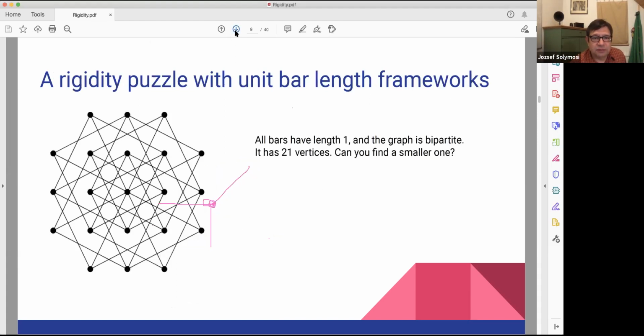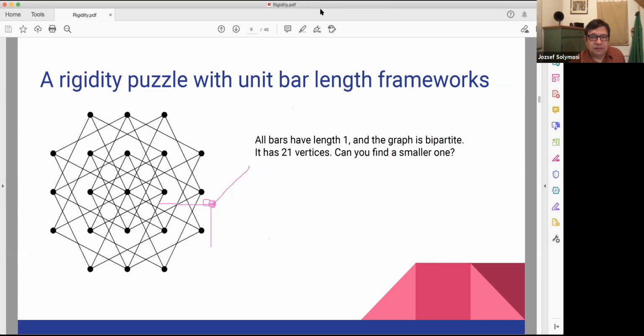If I use this one. Okay, so that's just a puzzle, and we leave the unit distance bars. With my student, we answered the question that was, so it's still rigidity. That was a question of Malhara. He asked if there is a rigid unit bar framework with no odd cycles. So that means that this would be a bipartite graph, if there is such a thing.